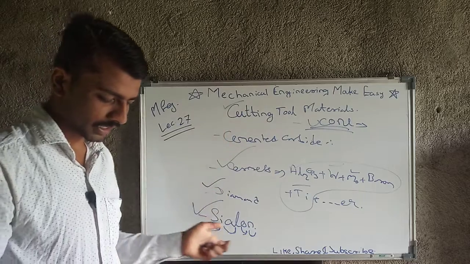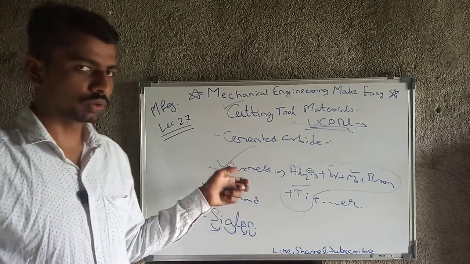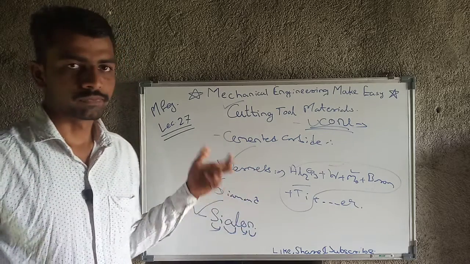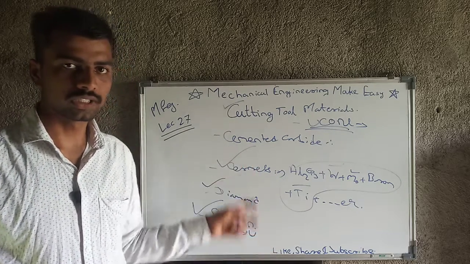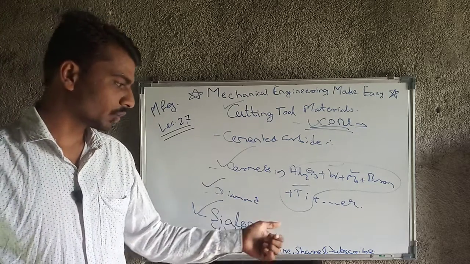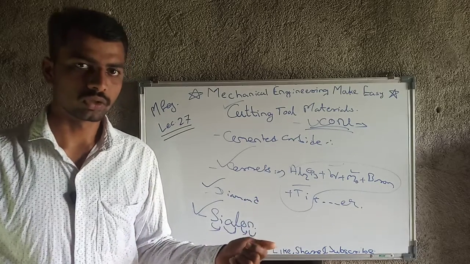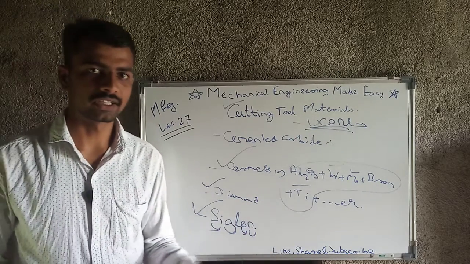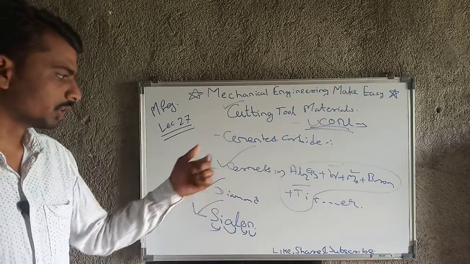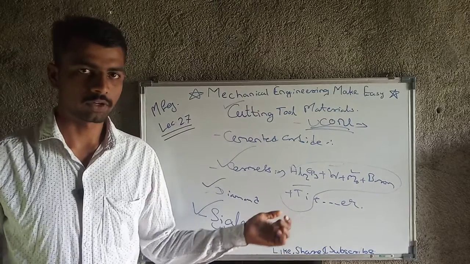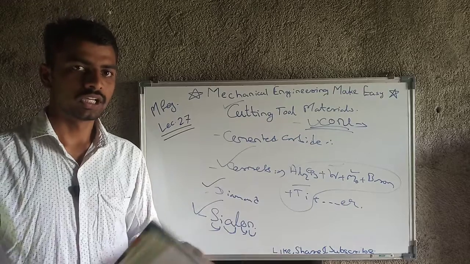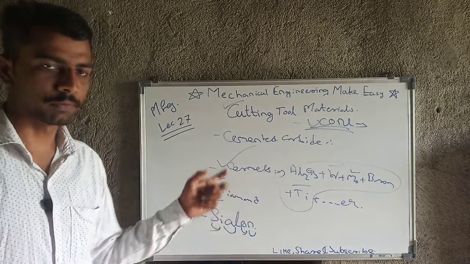So these are a number of materials that you should know, because as we are preparing for the GATE exam, these are some important cutting tool materials. So note down these materials, and if you want some extra information then let me know in the comment box. Otherwise you can go to Google. Google is also a good option for getting proper information, but you need dedication, because Google will give you a number of results, and from that you have to pick the proper result.